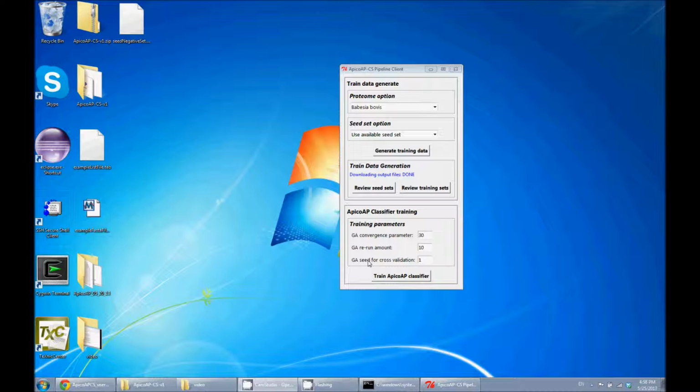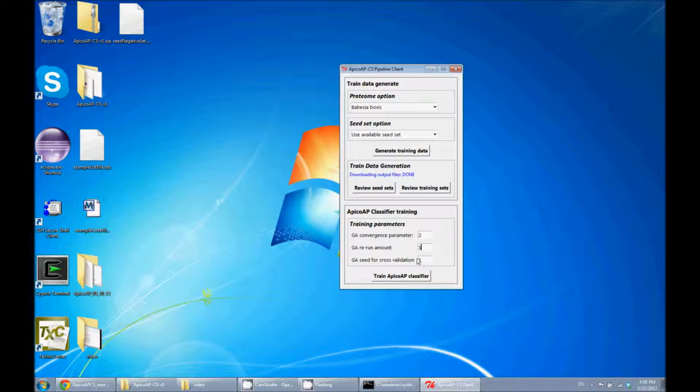Seeds are usually positive integers. Users are advised to note down the GA seed parameter for future reference if they choose to change the default value from 1. I'm gonna now change the convergence parameter to 2 and the rerun amount to 1,